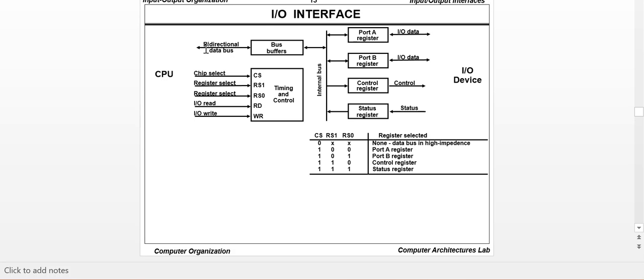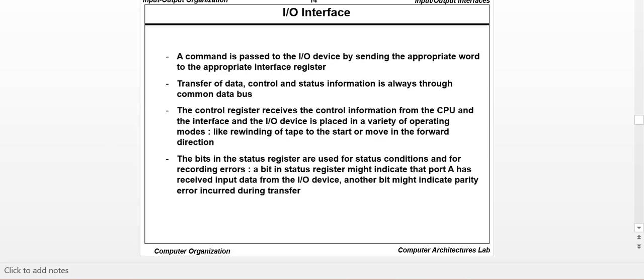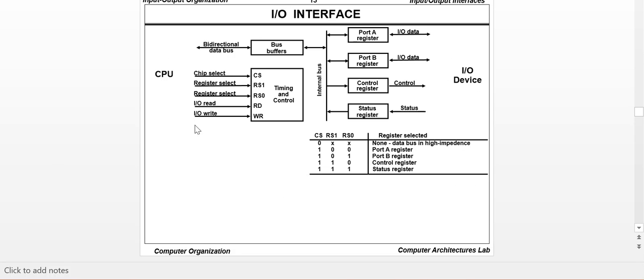So you have a bidirectional data bus, and you have an internal bus here. This internal bus is what we are referring to as the common bus. Then the control register receives control information from the CPU, and the interface and the IO device are placed in a variety of operating modes. So whenever there is a control command, the control data will be placed in the control register, and the device controller will